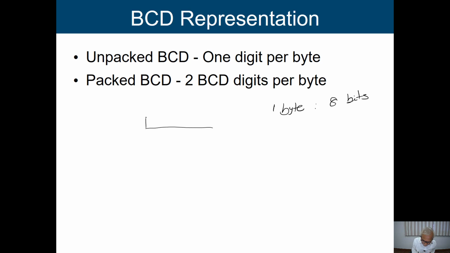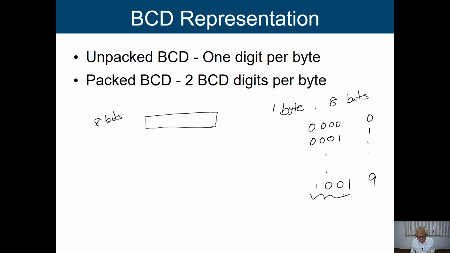I can use these 8 bits to represent my BCD number. And when I am going to talk BCD, what are the different digits that we can represent? It is from 0 to 9. That means it will go from all 0, 0, 0, 0, 1 up to 1, 0, 0, 1. So this is 0, 1, like that up to 9. So you just need 4 digits.